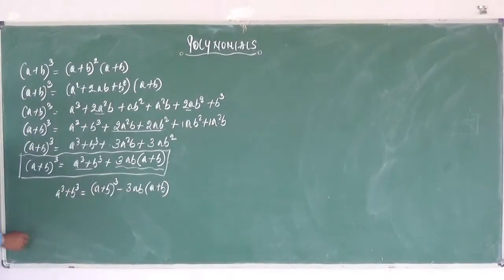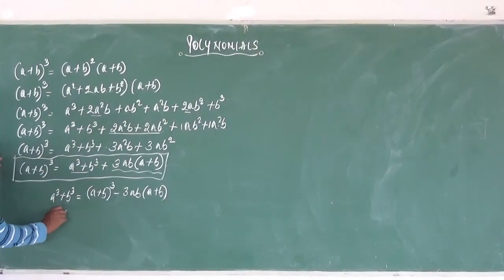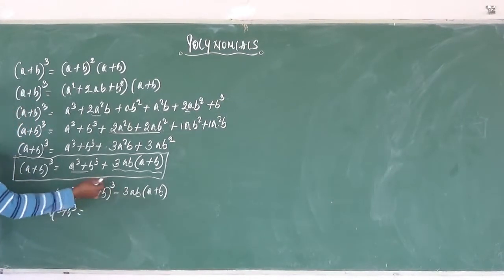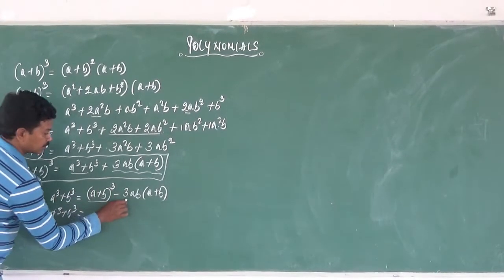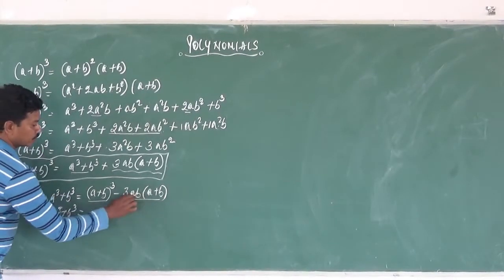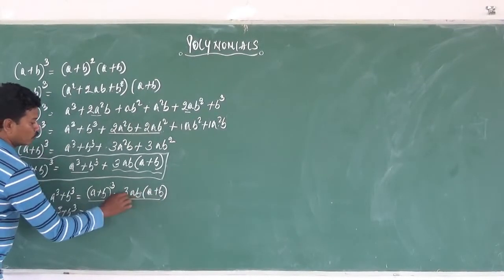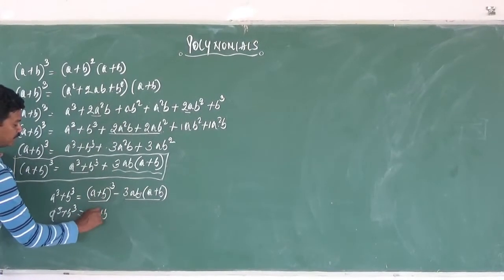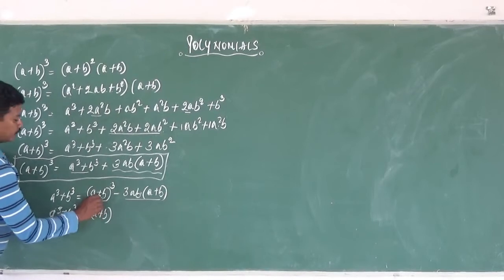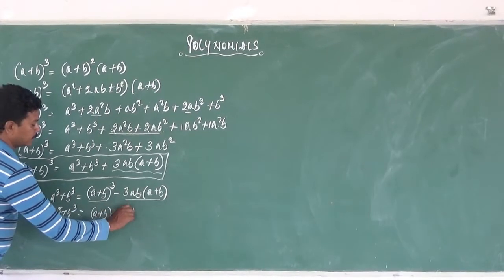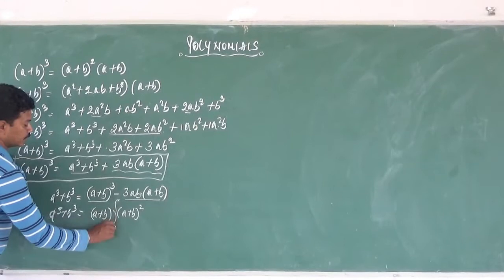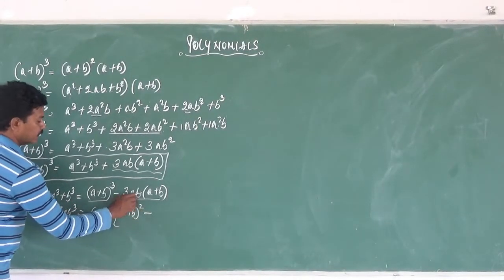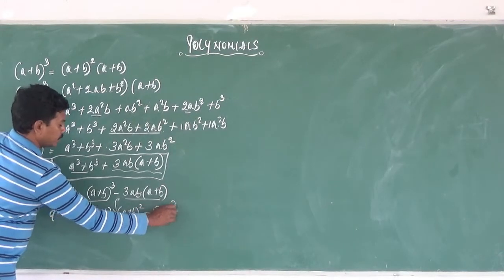So we'll simplify this further. So a cube plus b cube is equal to, out of these two terms we can take a plus b as common. So this is a single term, this is a single term. So these two terms are getting multiplied here, therefore the whole thing is a single term here. This is a single term, we can take a plus b as common. So here we are left over with a plus b whole square. You can keep it inside flower brackets. So a plus b whole square minus, we are left with 3ab only, right?